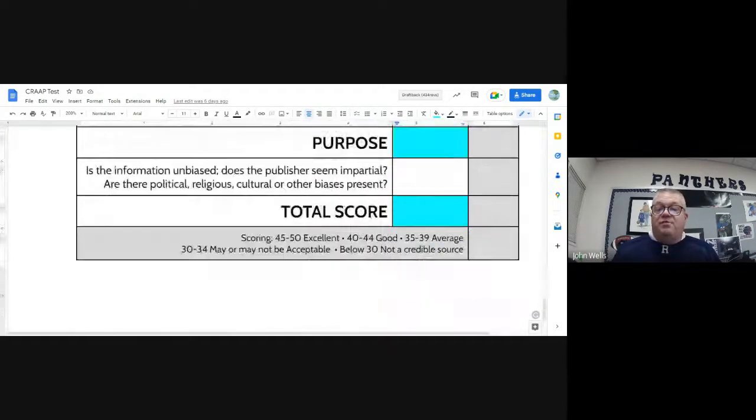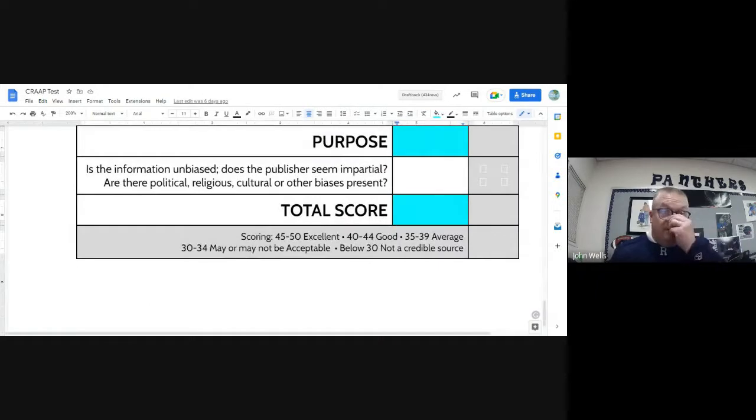Then you go through, again, the same things that we looked at on the front, and you give yourself a score, okay? You give this a total score down here, and this gives you some sort of sense of where you're at. Now, again, this isn't perfect, because if you are tricked, you're going to score it higher in some areas, and so it might come across as more credible than it may really be. But it's this idea that you've taken the time, you've done the look, and you feel it's credible, and you pass that on